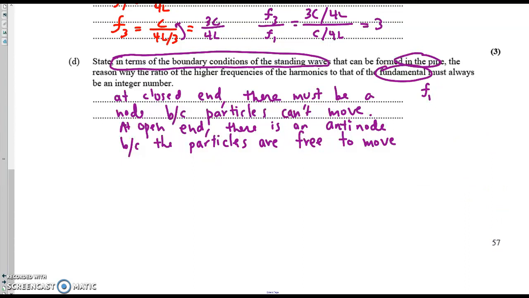Now, if you turn back to the answer, this is actually enough for the point. They didn't require any explanation, and the reason is because it says to state. But if they had asked us to explain, and maybe if they had made this worth 2 points instead of 1, we could then go on to say,